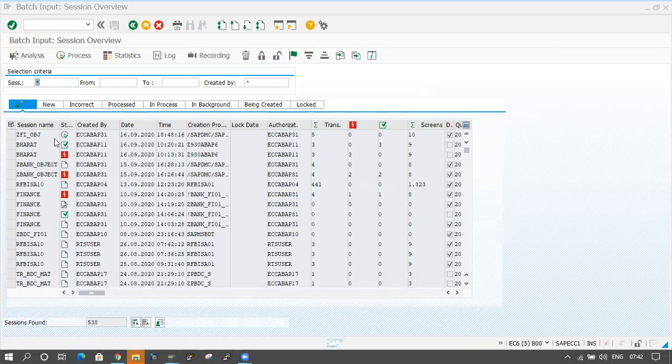Once we execute that session in SM35, the program name is removed, so the total row is removed here. If you want to keep that session name like that only, whether you executed it successfully, errors came, or you have not executed it till now, the session name should stay like that.